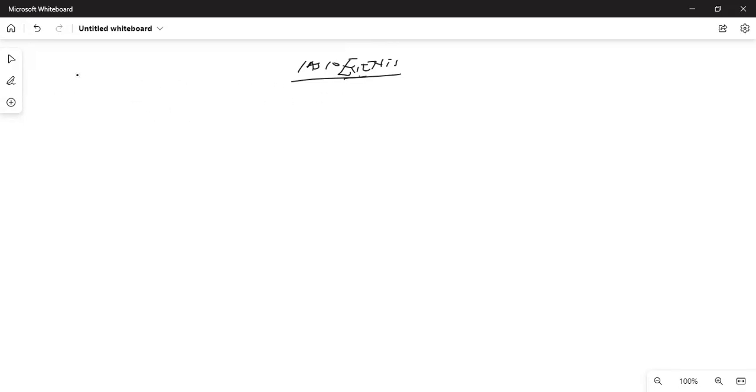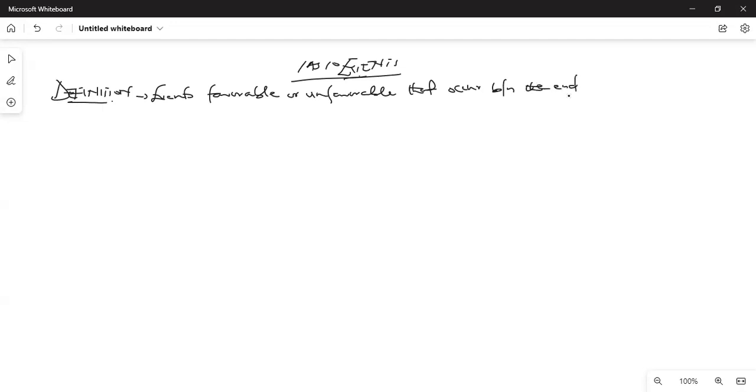So let's talk about the definition. Here we are talking about events, favorable or unfavorable, that occur between the end of the reporting date and the date financial statements are authorized